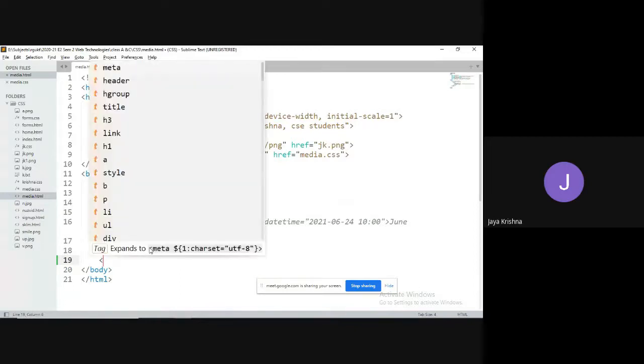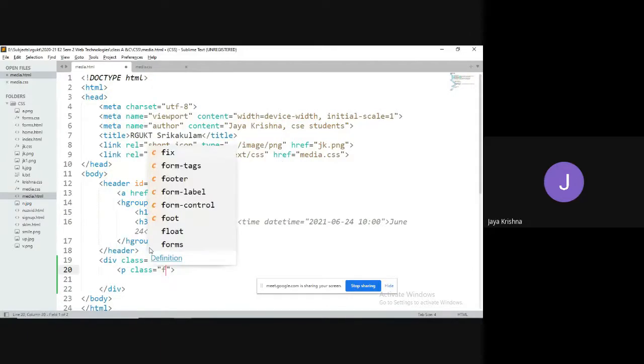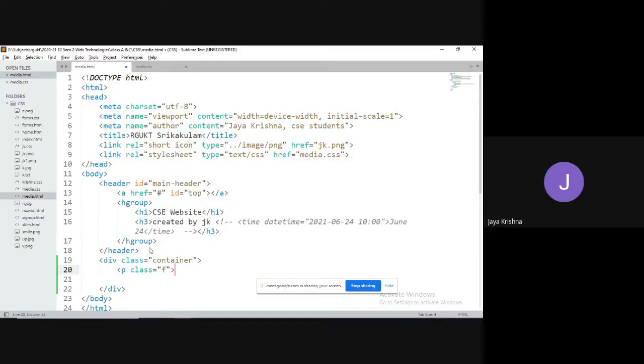I'm going to take some division whose class name I'm taking as container. I would like to take some text, class equal to f: Hi, hello, welcome to Department of CSC, Adjuketi Srikakulam.